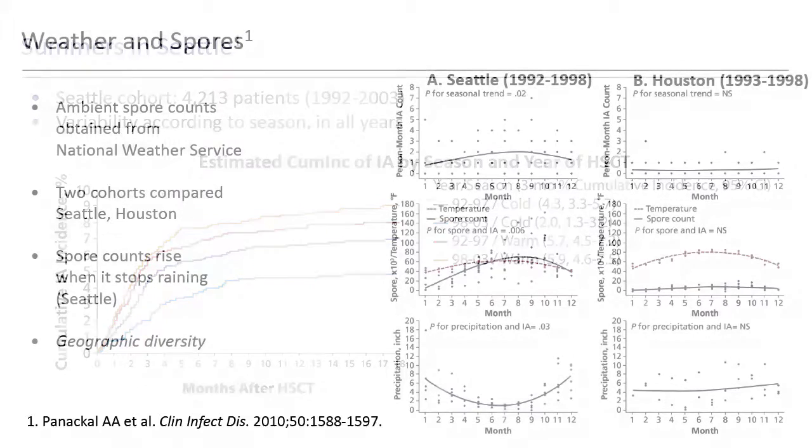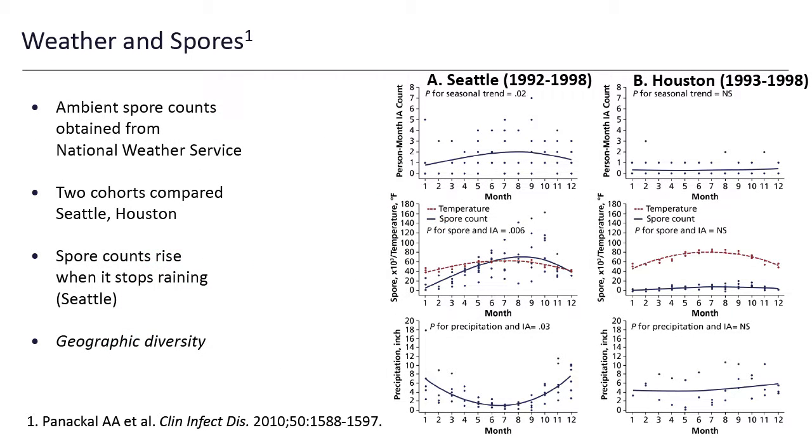So we hypothesized that this was related to weather and then recruited another site, MD Anderson, to do a comparison of the same kinds of weather patterns that may actually be impacting ambient spore counts. And we found that, and this was obtained from the National Weather Service at both sites, we found that indeed you see an increased probability of aspergillosis during the summer in Seattle, but flat in Houston. And this was associated with an increase in spore counts during those warm months that was flat in Houston,